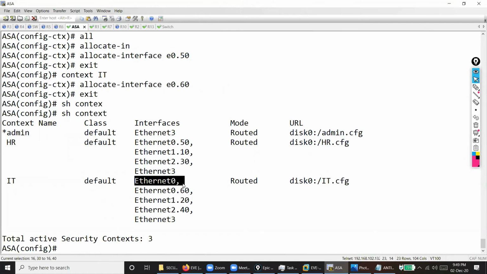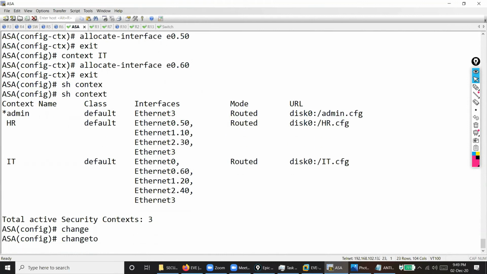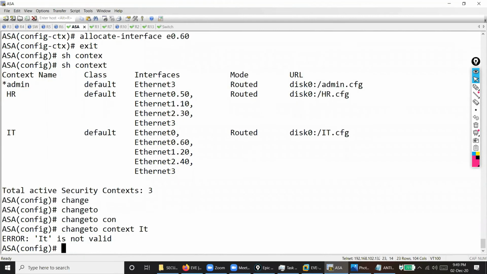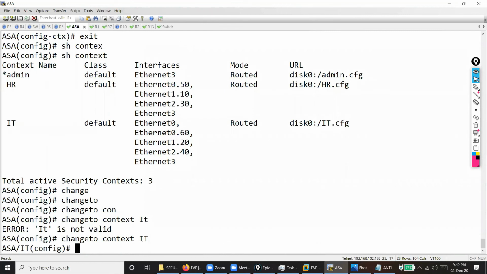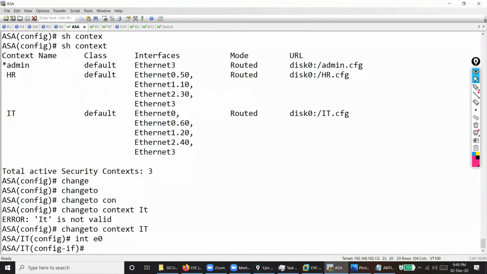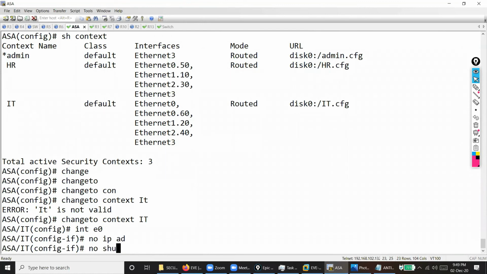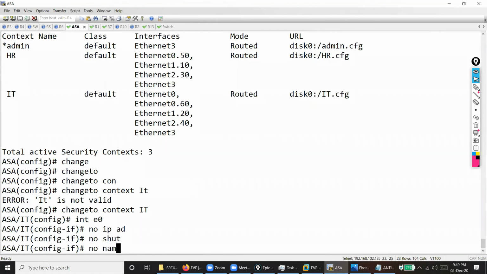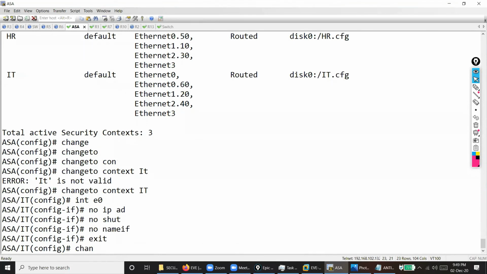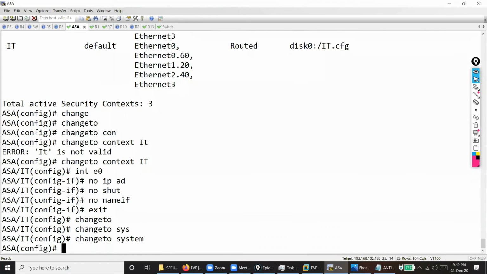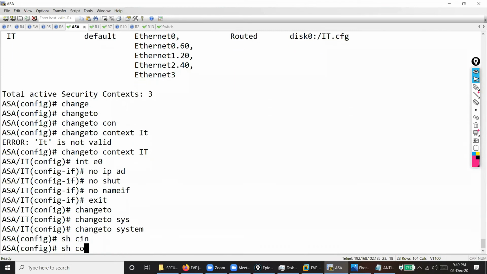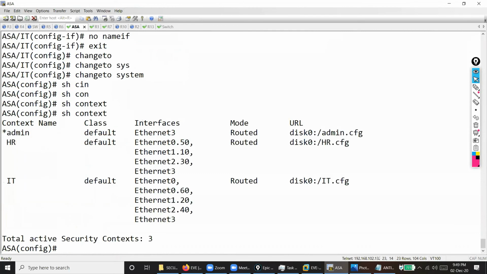there I disabled this in HR, so you can't see, but here I have not disabled, so you can see both. So I need to go there and say change to context IT, interface E0, no IP address, no shut, no name if. When I say change to system and say show context, still there,